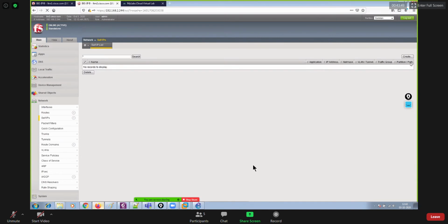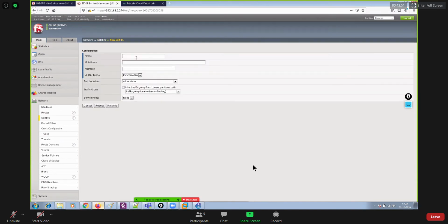Create. Now provide some name here, let's say internal IP. Thereafter the IP address is going to be 192.168.20.254, /24, VLAN internal VLAN, allow default, non-floating.